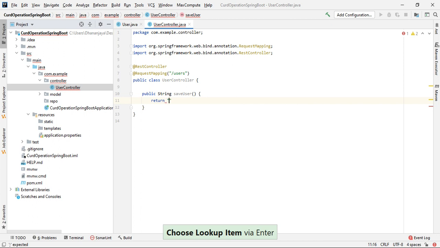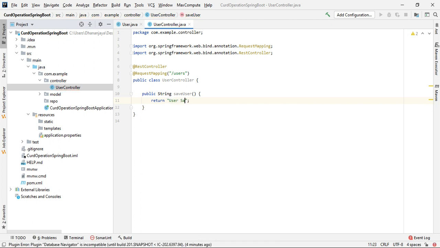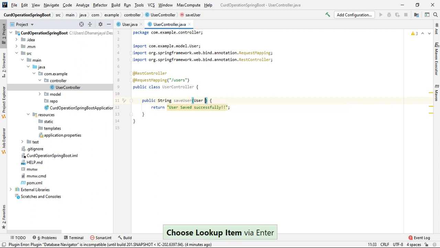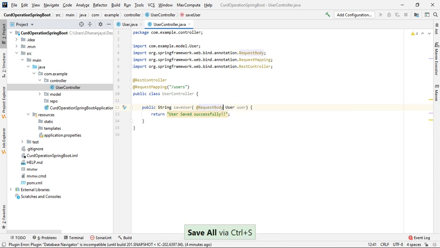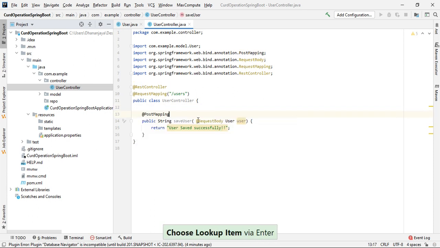Let's return "user saved successfully". I'll take a user as a request body, with the @RequestBody annotation. Okay, and I will use @PostMapping.